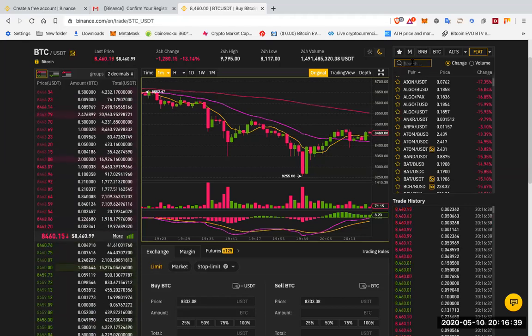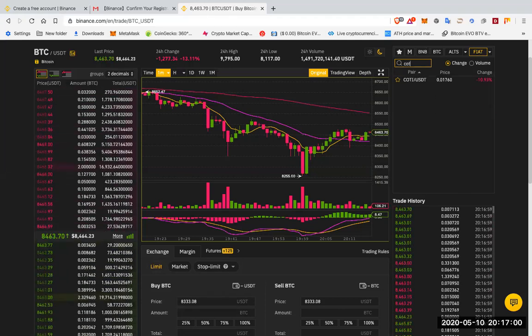So we will go to your trading like this. You go to the search box here. You will write that coin. Before going to the search box, make sure where your market is. You see my market is on fiat. So if I select that coin, it is called COT. Does COT have a USDT pair? Yes. But